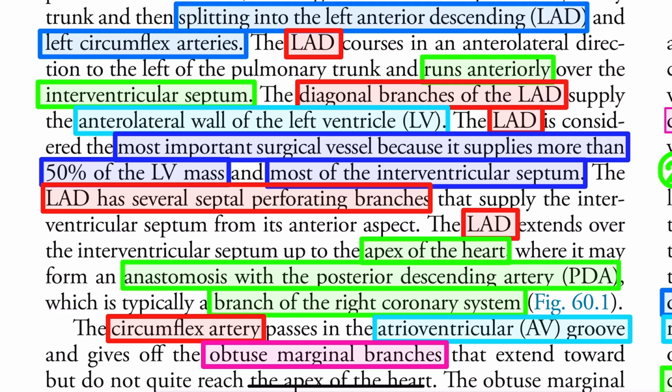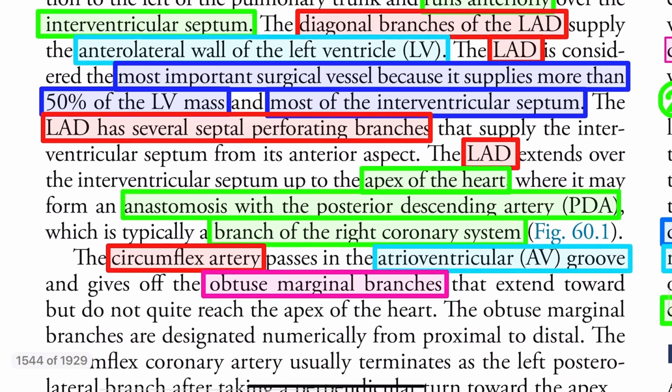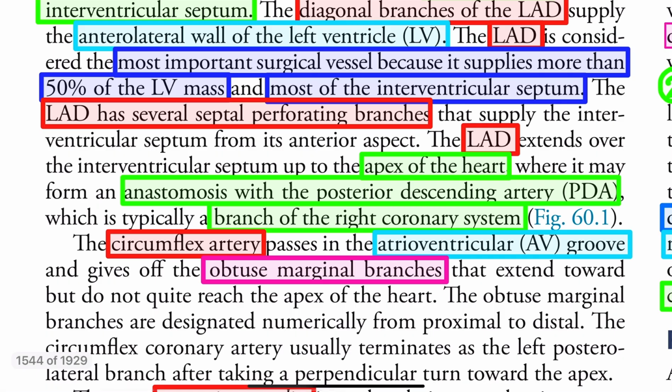Okay, the LAD is the most important surgical vessel because it supplies more than 50% of LV mass and most of the interventricular septum. So this line is important. Okay, and since it is going through the interventricular septum, it gives the septal perforating branches also. Okay, and finally the LAD goes up to the apex of the heart where it anastomoses